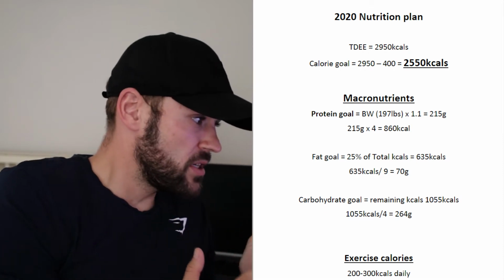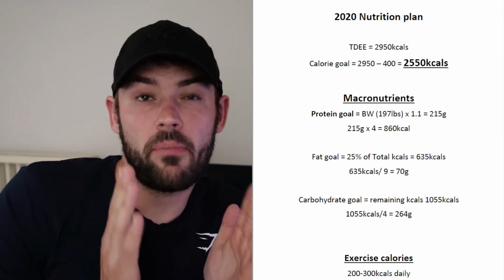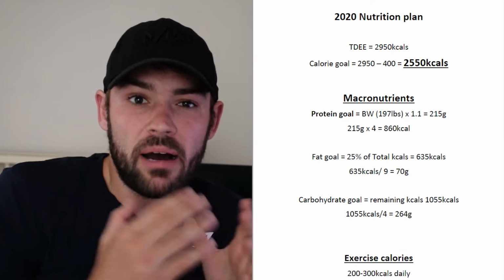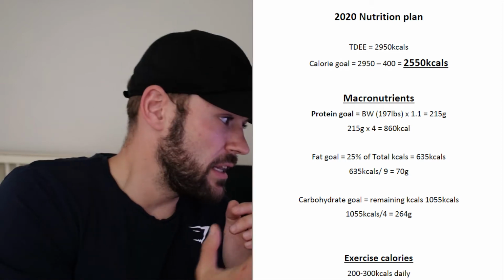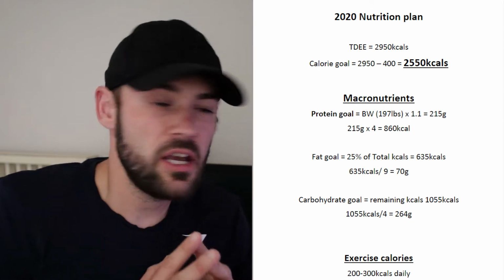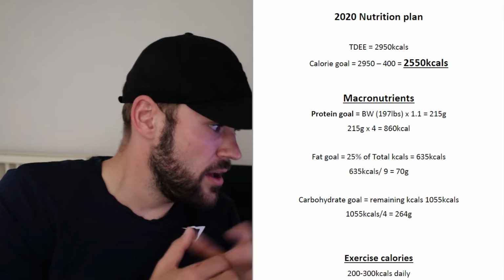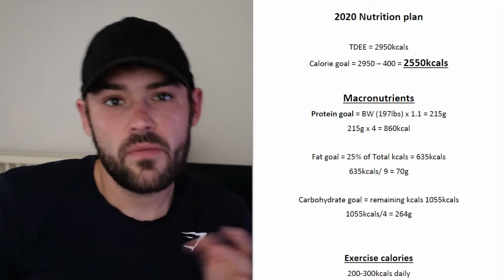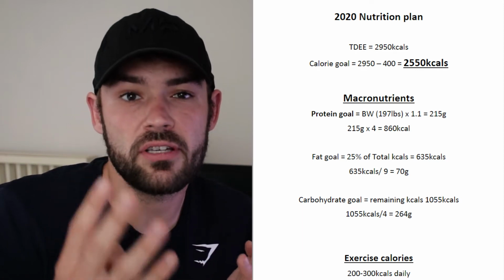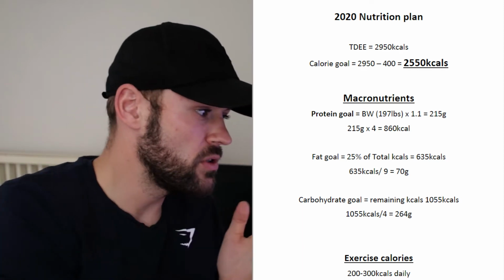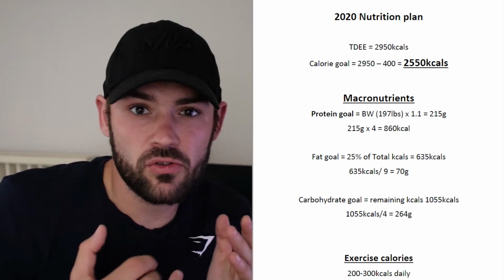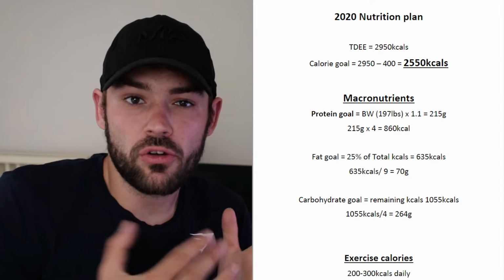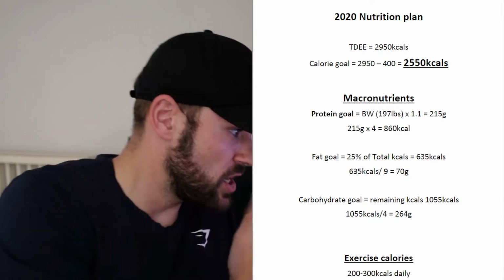So what I like to do is I normally aim for about 20 to 25% to 30% of my calorie goal as fat. So I've got in the middle this time, 25% of my total calories is going to be fat, and as you can see on the screen there, 25% of my total calories is 635 calories. Now there's 9 calories in 1 gram of fat, so all we do with this one here is we divide the 635 by 9, and that gives us our fat macronutrient goal for this fat loss phase, which is 70